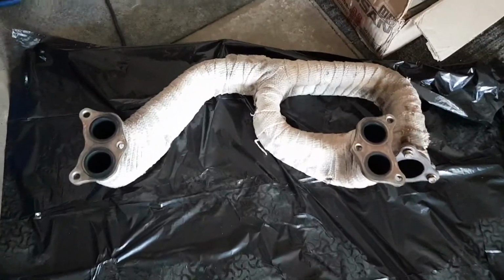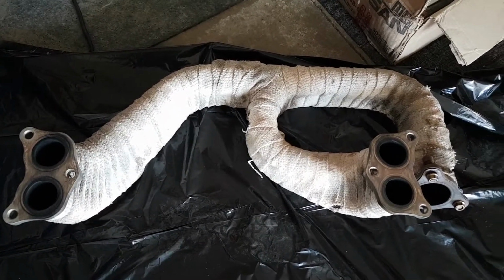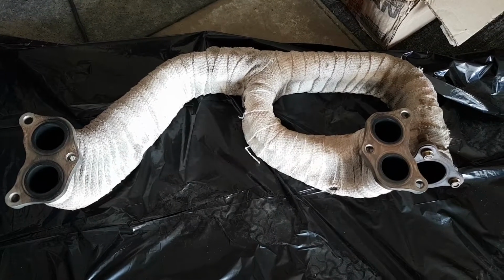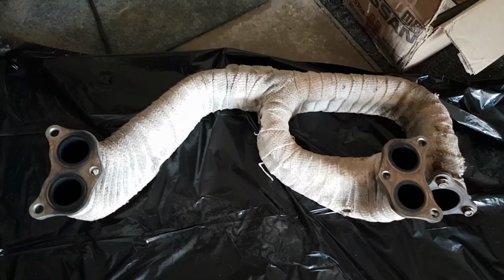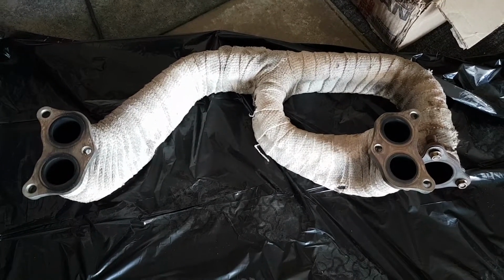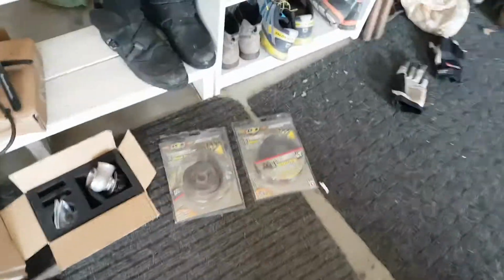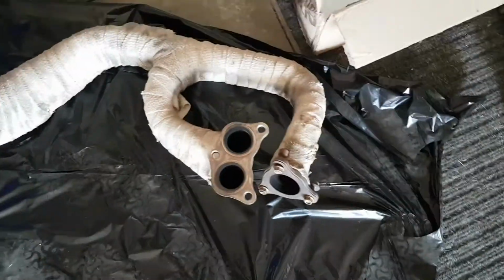But as you can see, these are wrapped, and they're only wrapped with this fiberglass, cottony looking wrap. I think it just comes with Tomei headers, so when you buy them new, that's the wrap they include with the package. So I personally don't want to use that wrap. I've heard that this titanium wrap is a lot more effective, so I'm going to use that stuff instead. So what we're going to do today is take the wrap off these headers and rewrap them,